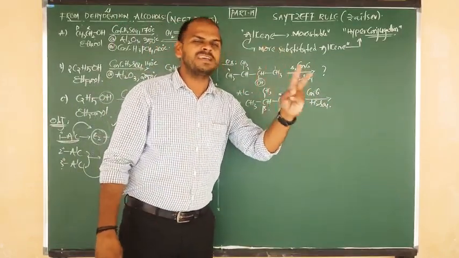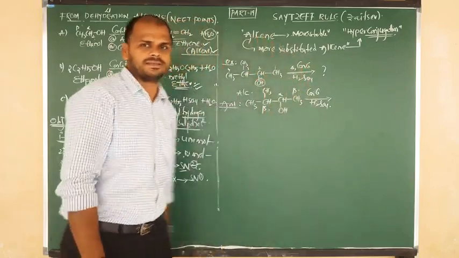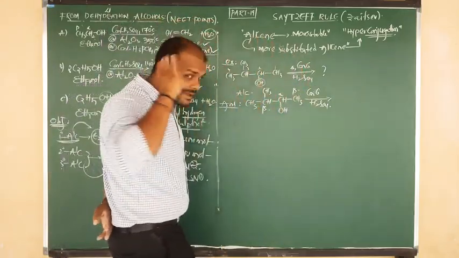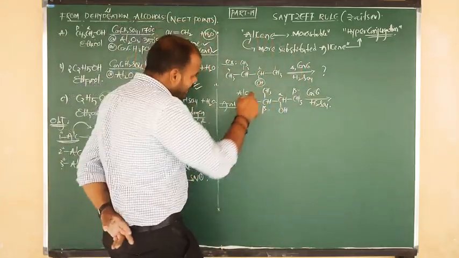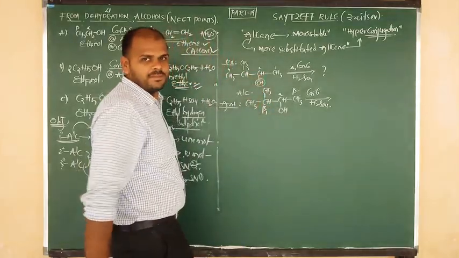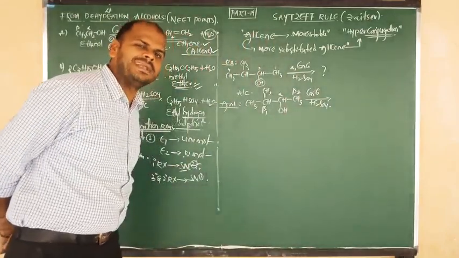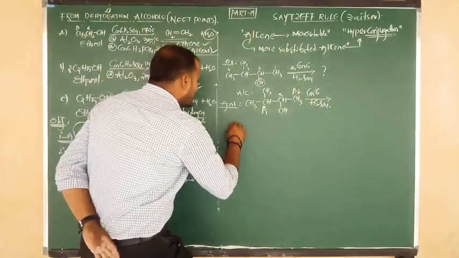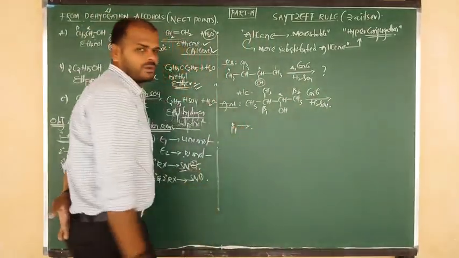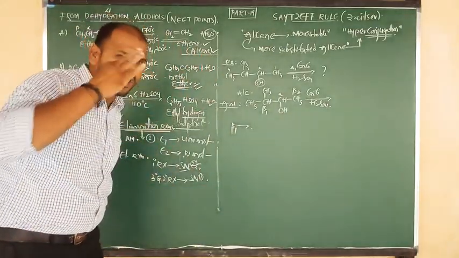Here we have the possible chances of 2 alkene products. Good. And to avoid confusion, we will do one thing. Inside beta, you write beta 1 elimination. Outside beta, you denote as beta 2 elimination. Good. Let us write now beta 1 elimination. What is the product? Beta 1 elimination.